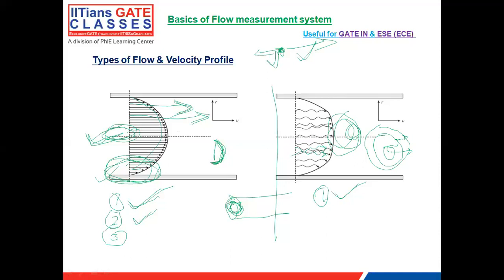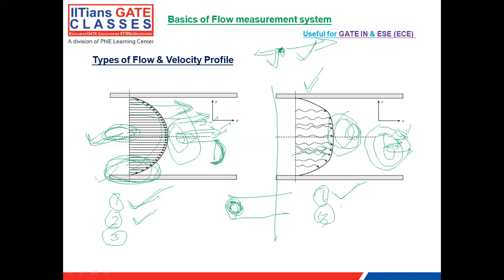Here what you can see, in one cross section, the velocity of the fluid is constant. In another cross section, velocity of the fluid is constant. In another cross section, velocity of the fluid is constant. Though these are not the same, they are constant, right? Here when it is moving in their own profile, velocity is different, but since this is turbulent type, it will keep on interacting with the other layers also, so the relative motions will be different. So this is the third point here, and this is the second point.